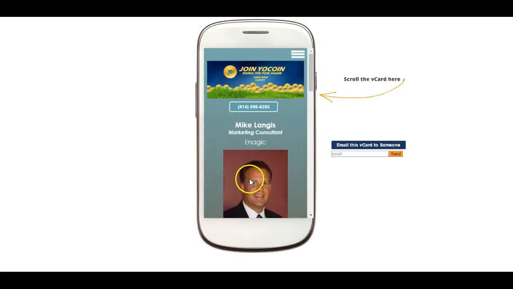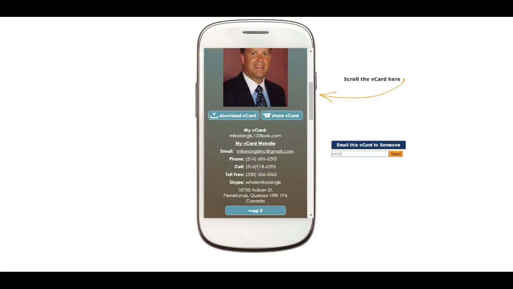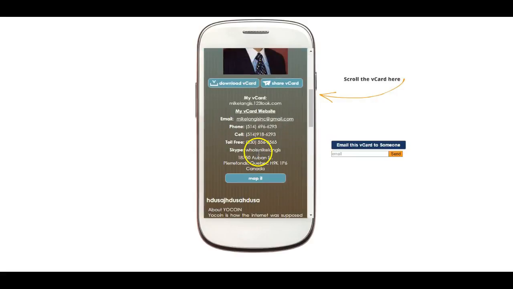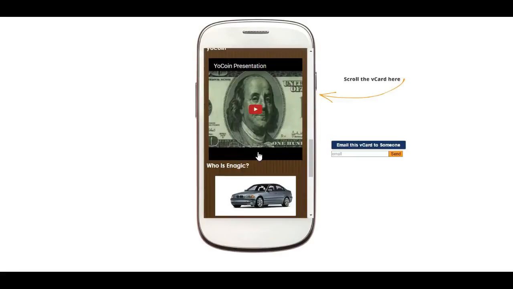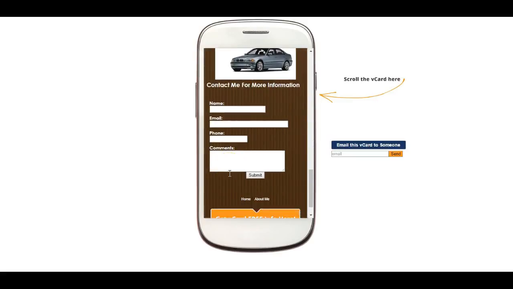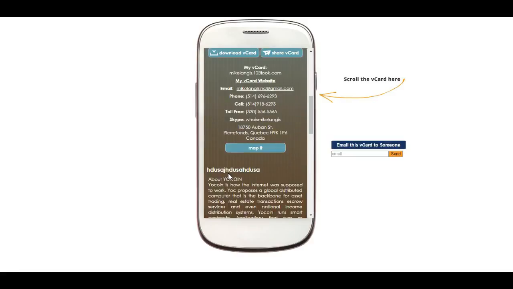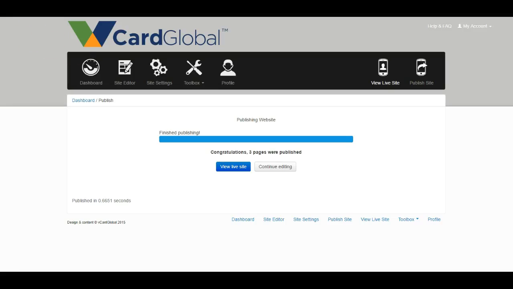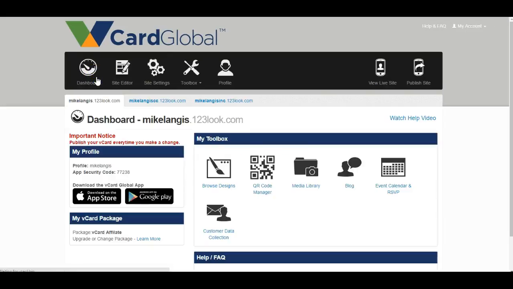So that's really important to show you exactly how this can work. Now I've got my background. So essentially, this is how to build a card. It's just that simple. That's how you do that. And then you exchange this with people because you've named it. And how you do that is just go here. And I'm going to see if I can move this here. If you go back to the dashboard, that would be the name of the card right here. So what you're going to be putting in there is